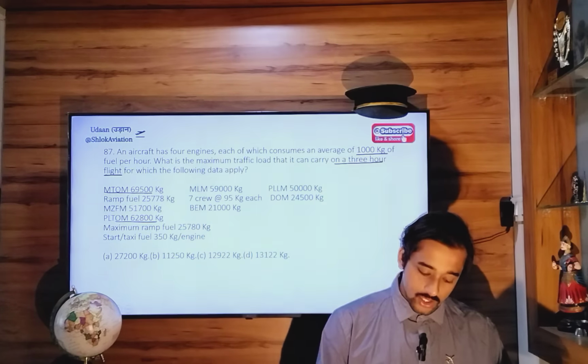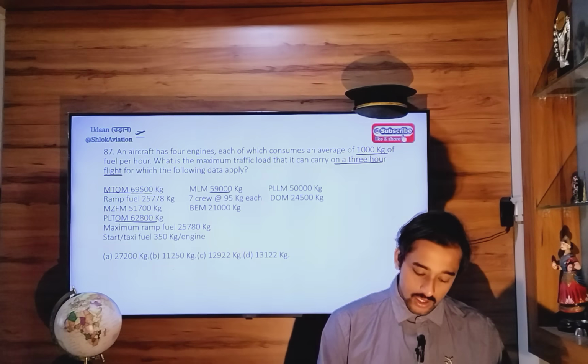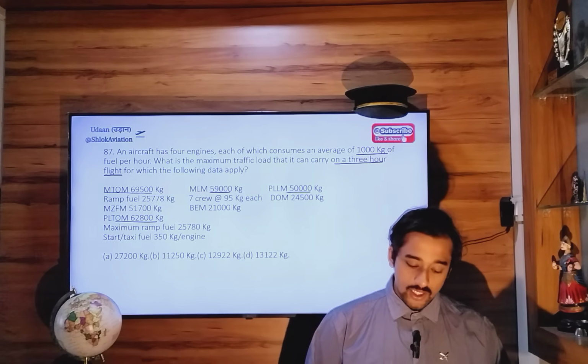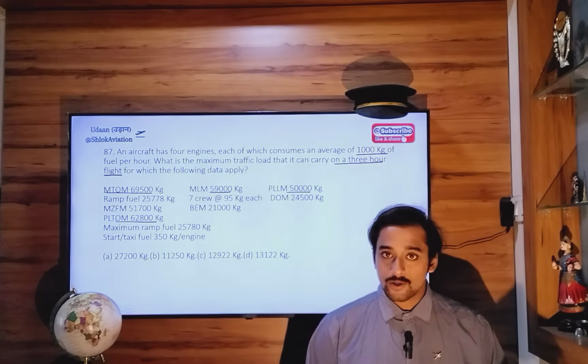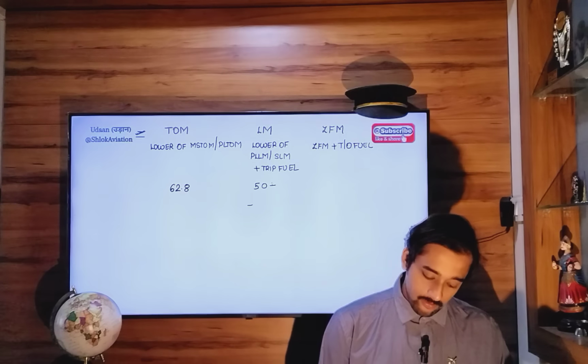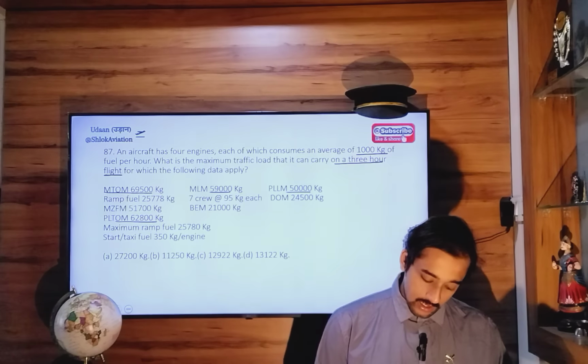Now structural landing mass is 59,000. Performance landing mass is 50,000. 50,000 being less than 59,000, we go ahead with that. So 50 plus trip fuel. Trip fuel is